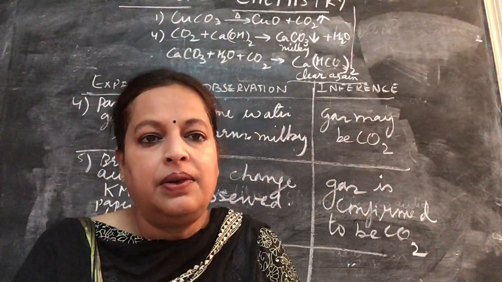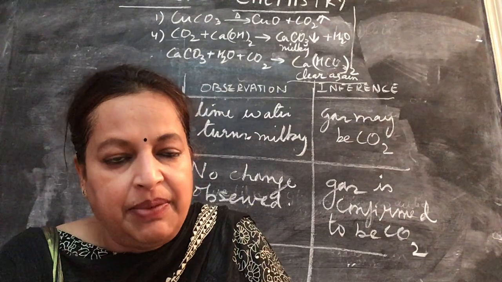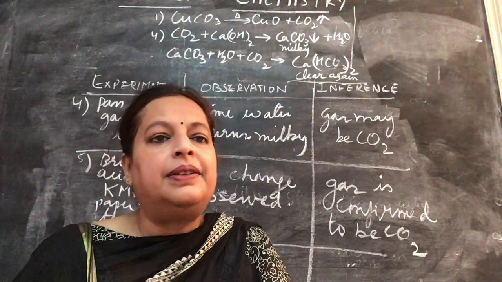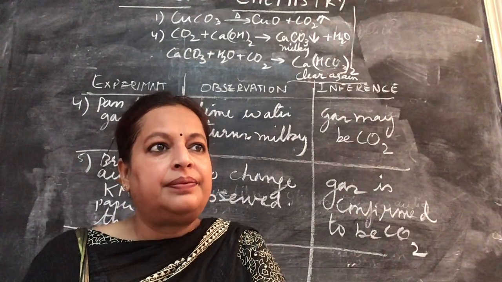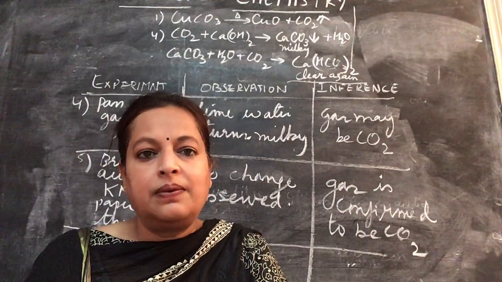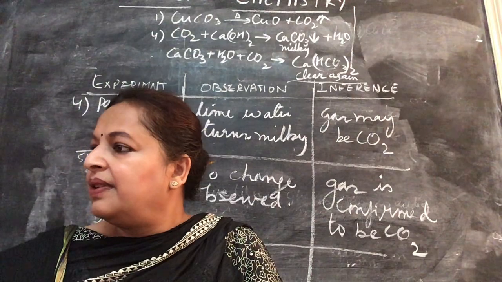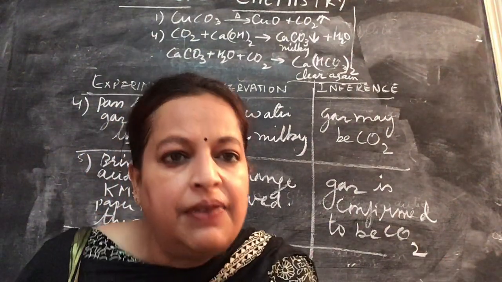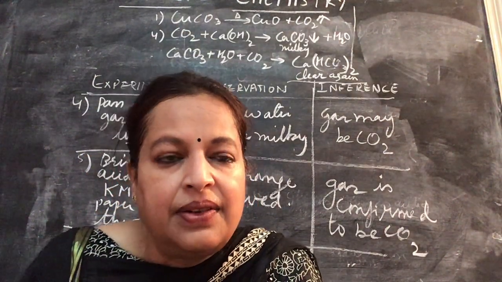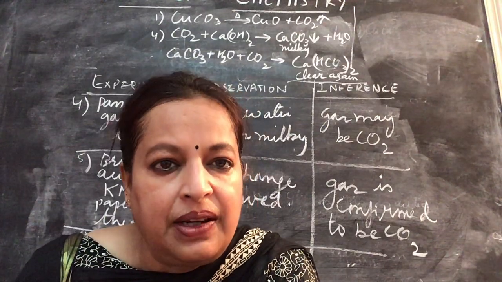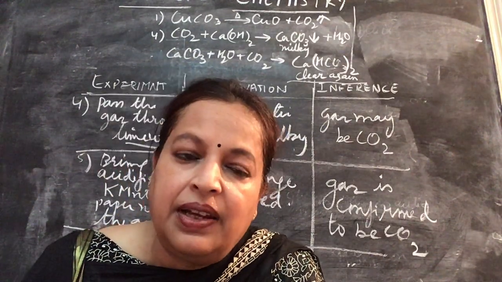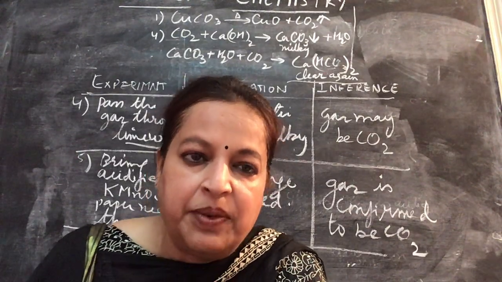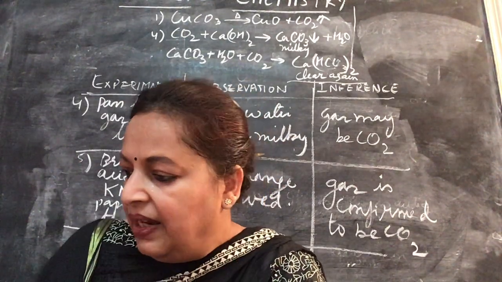All right, children. So you'll be writing the carbon dioxide experiment in the same way, and for sulfur dioxide, we'll do it on the next term, right? So write this experiment carefully in your lab manual. This would be experiment number 4, and put the date when it is uploaded. That date will be put up, and also maintain the index.